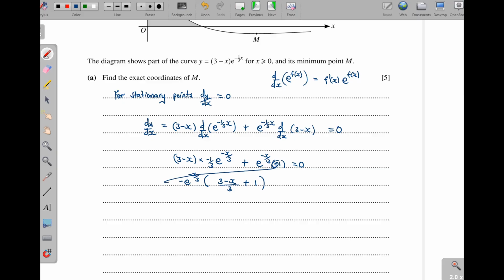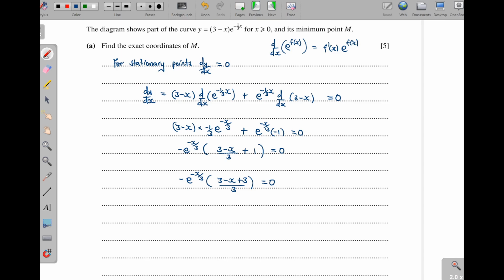Because the negative, I already pulled it outside here, then this one is equal to 0. All right, now this is negative e to the power of negative x over 3. And then what do we have here? We can simplify this, and then we have 3 minus x, then plus 3 out of the 3, which is equal to 0. Then we get negative e to the power of negative x over 3, then out of this